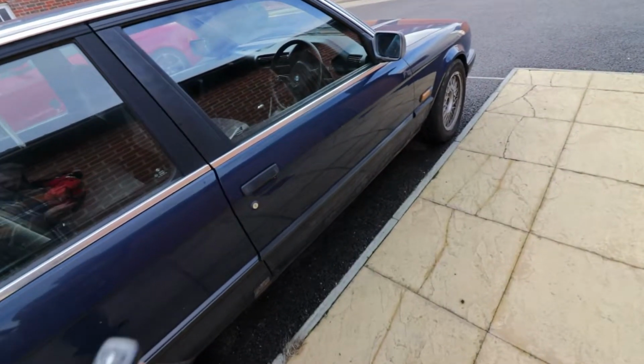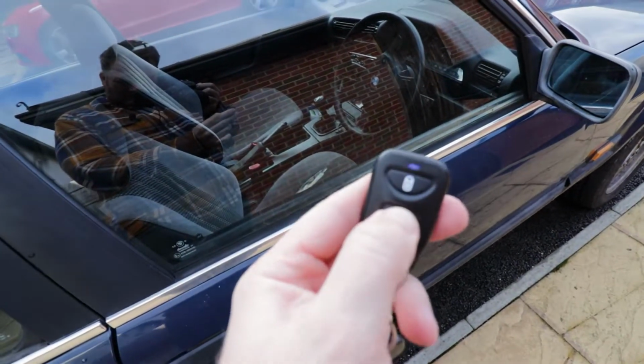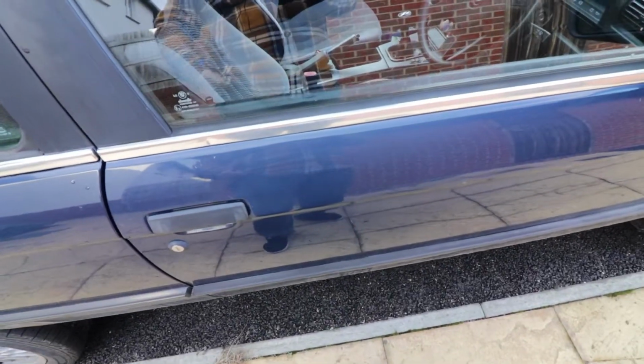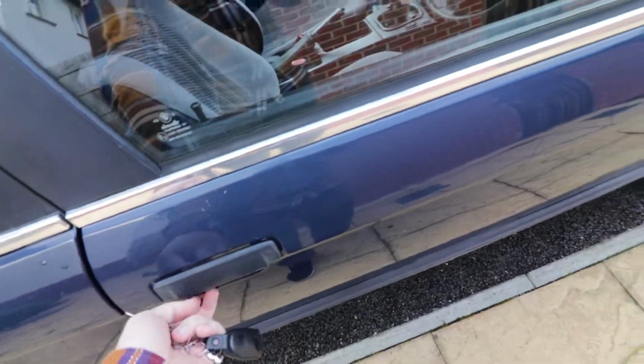Right, so the first thing is central locking. So you can see that light coming on the remote. Doesn't actually open the car. We've got to put the key in like a peasant. I know, there we go. Right, so we're getting in the car, and you'll notice